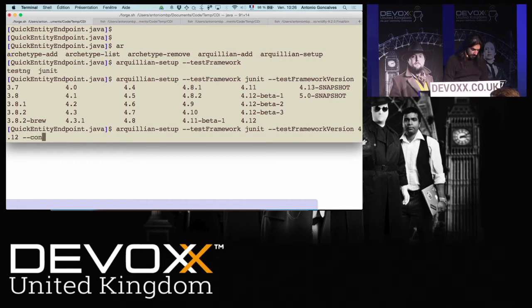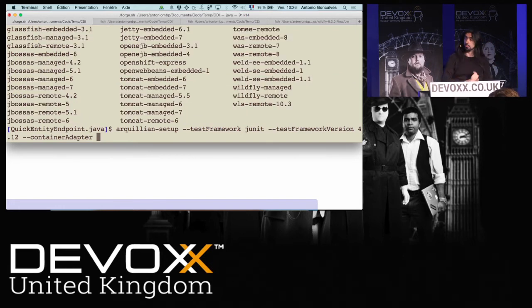And then, because Wildfly tests within a container, I have to tell it which container to use. Tomcat, OpenEJB, Weld, WebSphere. I'm going to use Wildfly, but, oops, Wildfly remote. Oh, sorry.